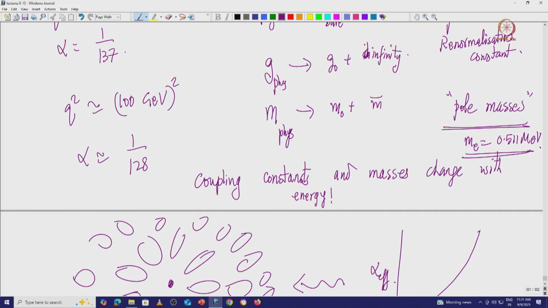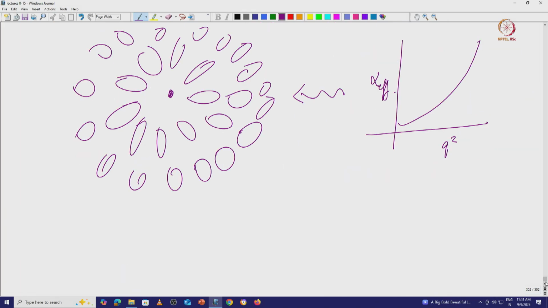Similarly, you define the coupling constant when the energy is going to 0, that is when you define your electric charge, the coupling constant, and so on. That is your physical electric charge. But when you have momentum dependence, you have other kinds of charges, renormalized charges, which keep running with energy, which takes into account all the effects I have mentioned.